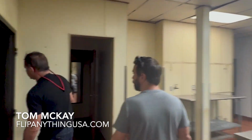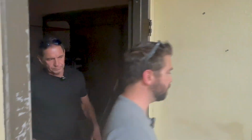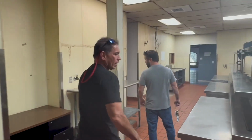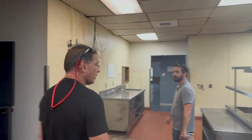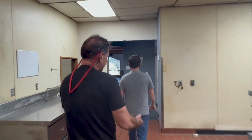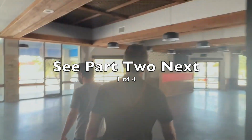And then they got a cage lockup. Usually this is for liquor, by the way. Yeah. This is where they put their liquor, so nobody's taking stuff, or anything valuable. Because I'll tell you, when it comes to restaurants and bars, I really appreciate the people that run those types of businesses, because it's a hard business. Everybody's a thief, or can be. Everybody's a potential thief, from the bartender to everybody in there. Everybody wants to eat, and everybody in there wants to drink. And then they spent some good money on the